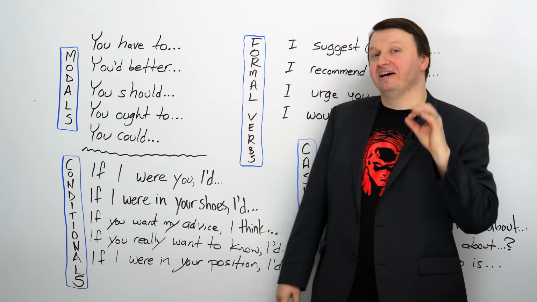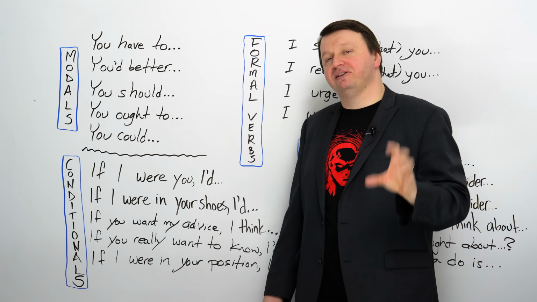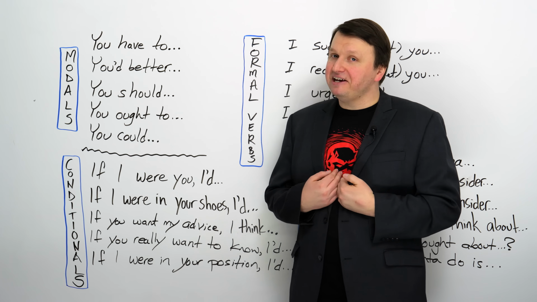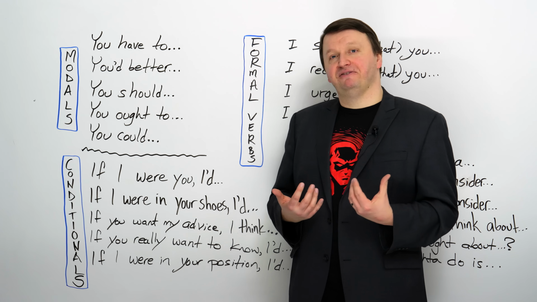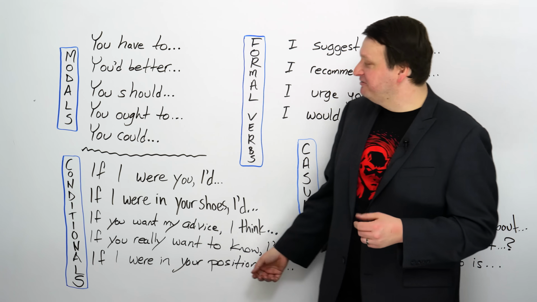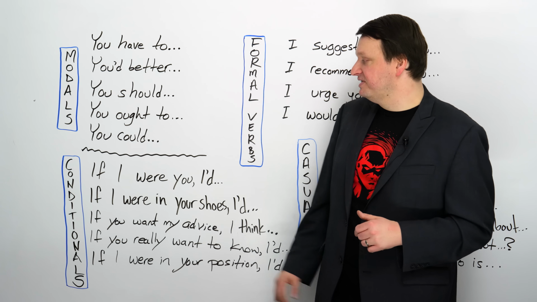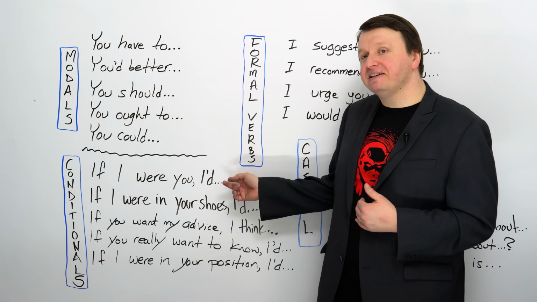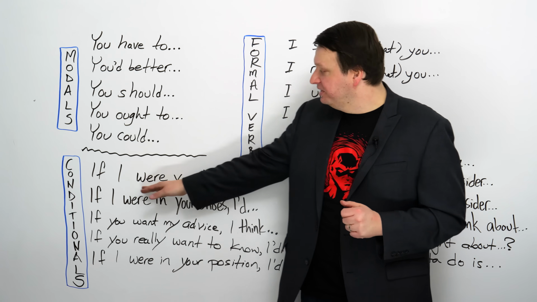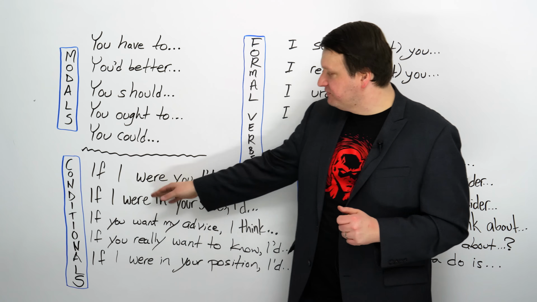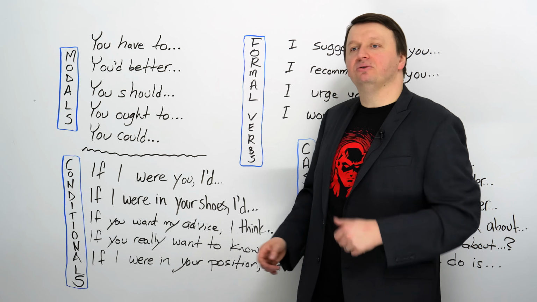Next, let's go to conditionals. So let's start with the most common like advice conditional, where you say, if I were you. I am not you. That is impossible. Maybe in the future, that's something that is possible. But for now, it's not possible. So you're using the second conditional in most of these. So if I were you, I'd means I would. So second conditional, you always have the past form of a verb. So here you have, if I were you, I would do something.